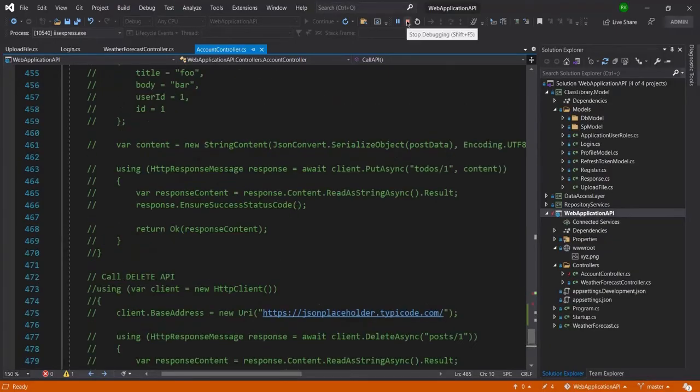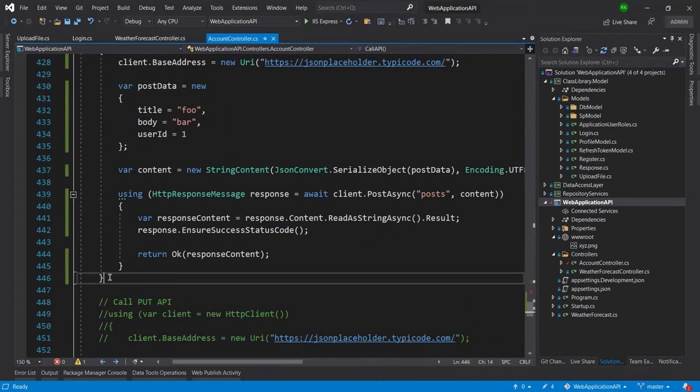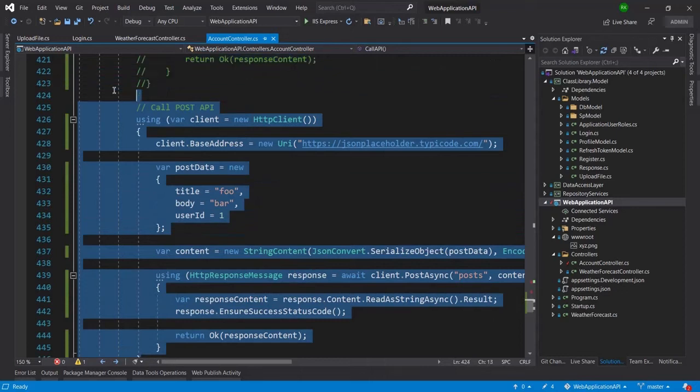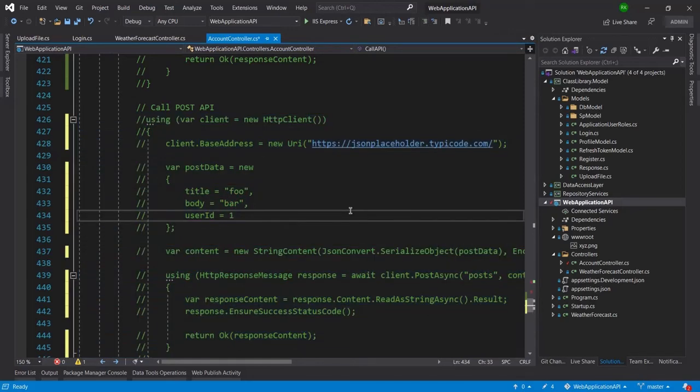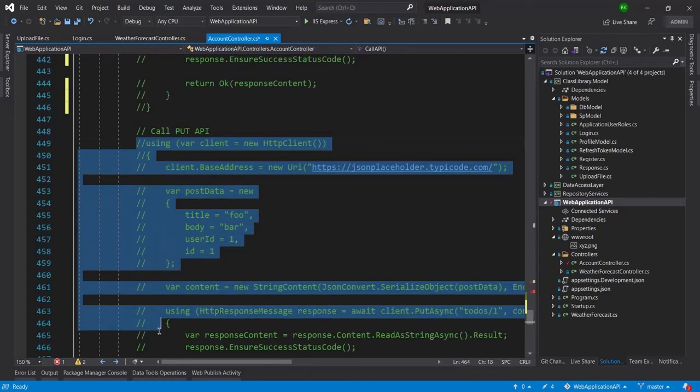So now the next thing is, let me stop this one. Now I will comment out this code here, and now I will uncomment the put API calling method.